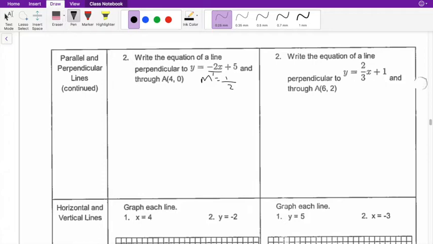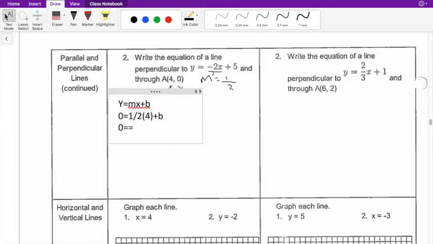Okay? Then it goes through this spot, and we know this spot is x, y points. So let's plug it in just as we did above. y equals mx plus b. The y value here is going to be 0, our m value is going to be 1/2, and it's going to be times 4 plus b. So 0 equals 1/2 times 4, which is 2,